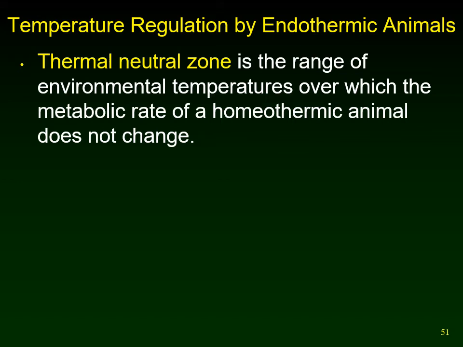And that differs with different species. It can even differ with different populations of a species. If the temperature falls below or rises above the thermal neutral zone, then the homeotherm's metabolic rate will rapidly increase to 2 or 3 times what its resting metabolism is. Basically, at low temperatures, if this was happening to us, if the temperature dropped below our thermal neutral